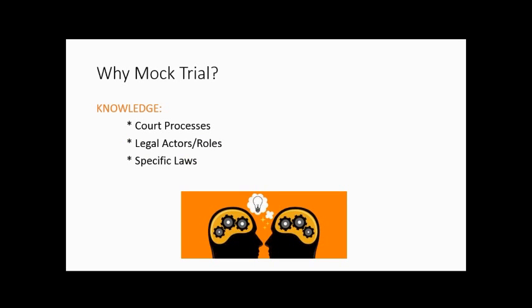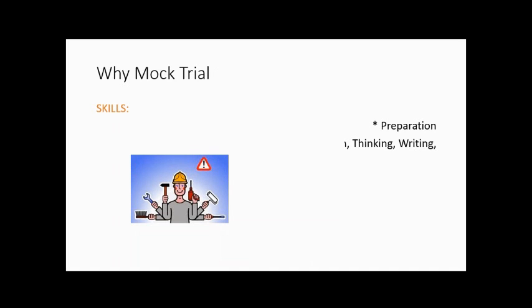There are a number of objectives that we hope are obtained. The knowledge objectives, we hope that you end up with a greater knowledge of court process and specific laws. I suspect that by the end of this year's competition, you all will be experts in gross negligence and wrongful death, probably knowing more than most every attorney in the state unless they specialize in that area. I know the year that we did a trademark or patents case, we had more expert patent attorneys at the middle school level than we had throughout the entire state of Iowa. There are also skill objectives, and I think this is where the skills is really where the magic happens.